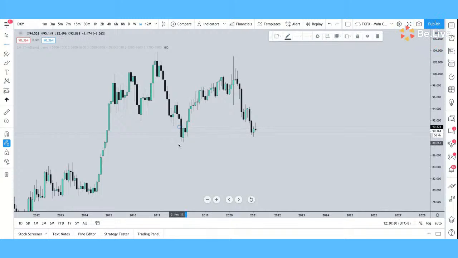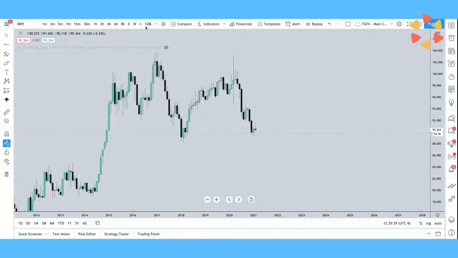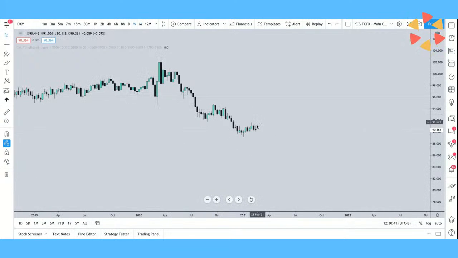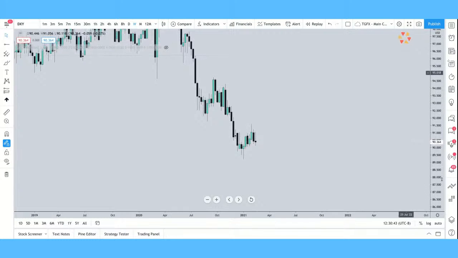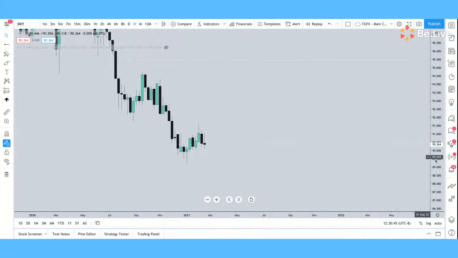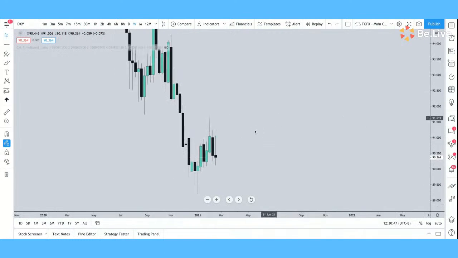All right, so what we can see also is that price did hit a level of support, popped up, rejected resistance, and so on. So I do potentially see this as a rejection of resistance, and we can continue to push lower. Now, if we go to the weekly time frame, we can see that price was doing this little minor pullback,